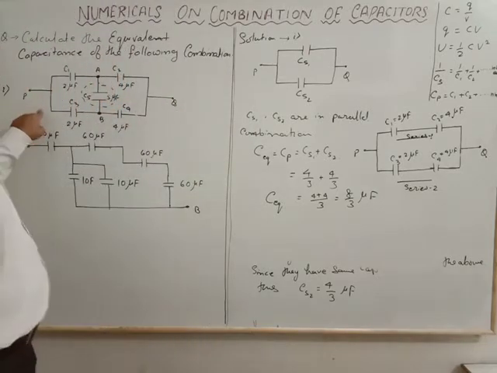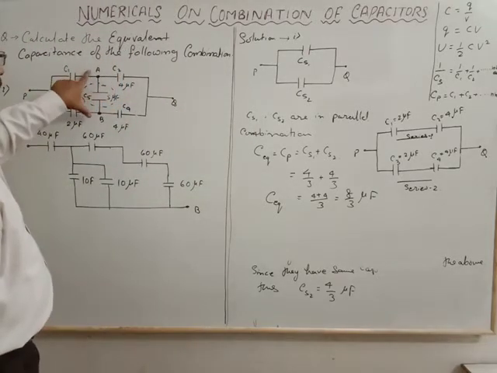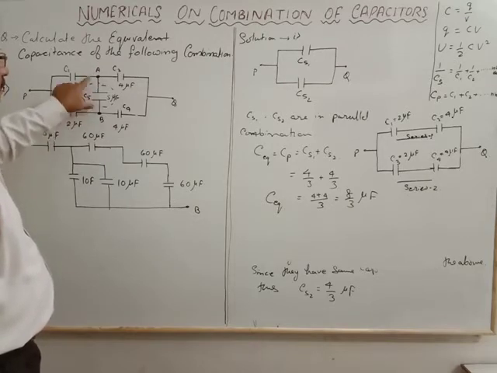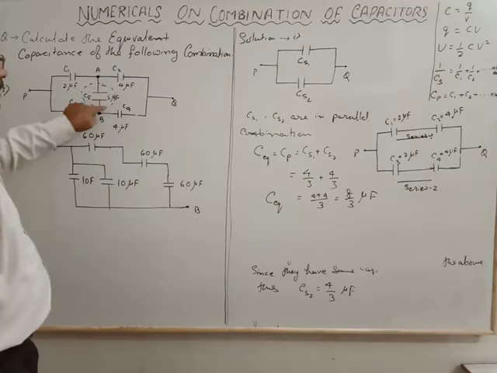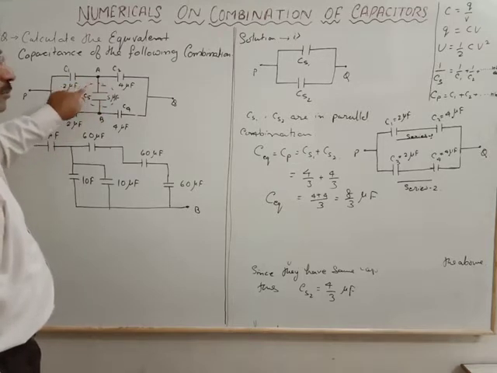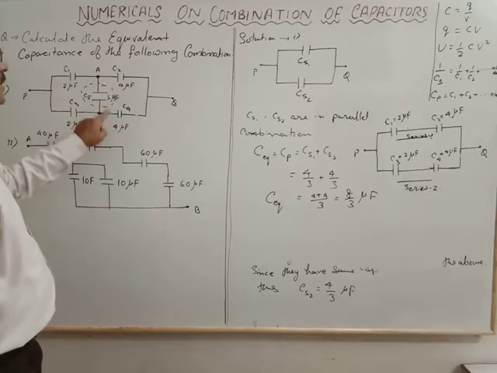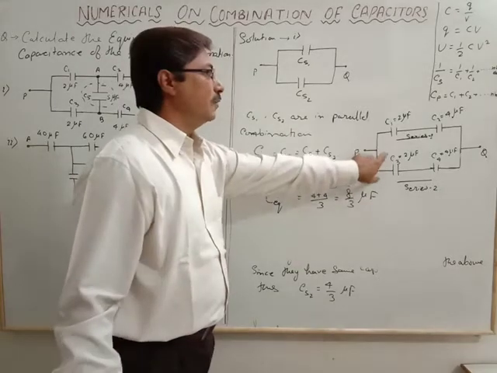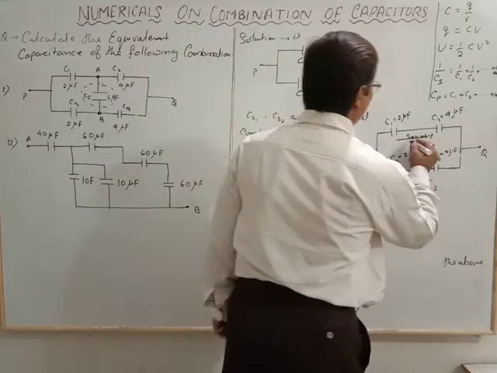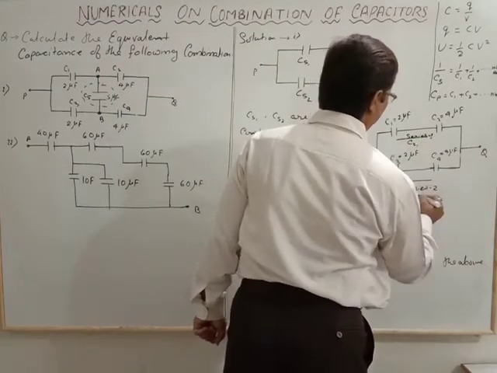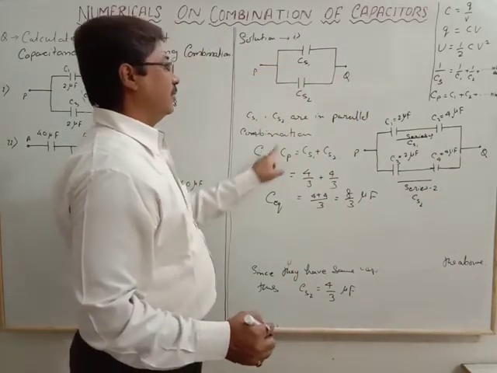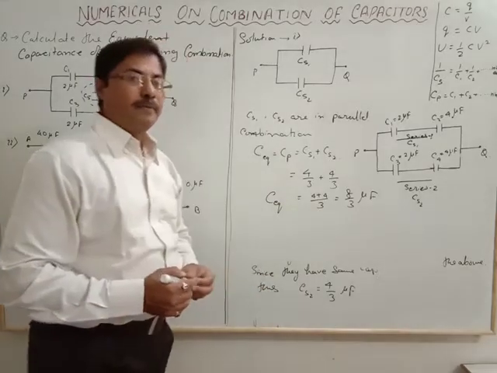In the first arrangement, the potential at the two ends of capacitor C5 is the same, so it does not work. The charge will not move through it. So it is simply a series combination; we calculated series 1 and series 2, CS1 and CS2, and then the parallel combination. So that is the first solution.